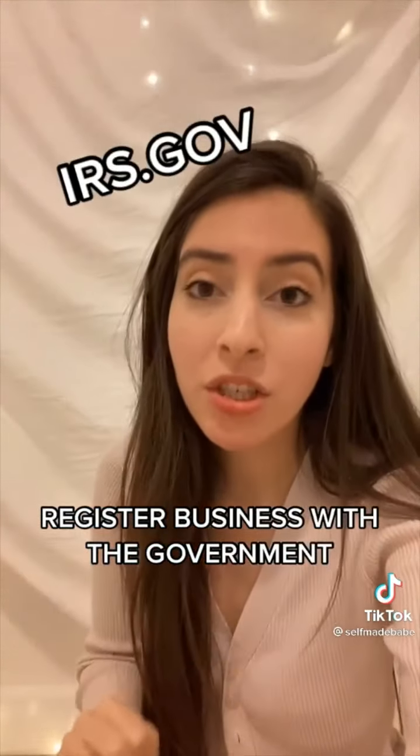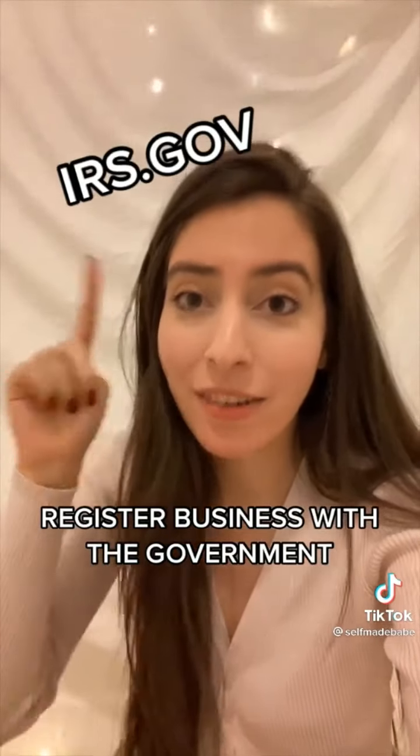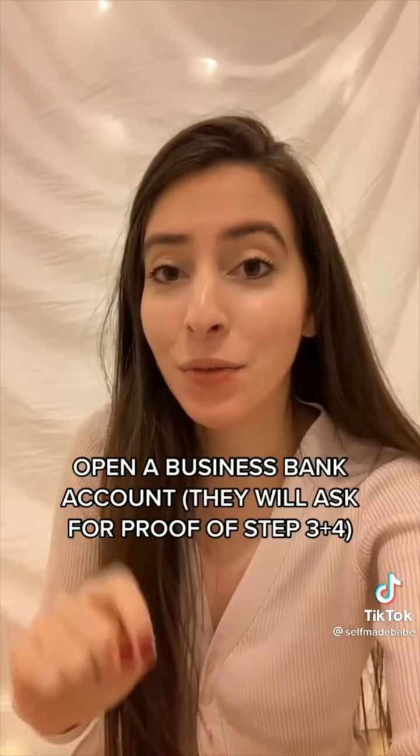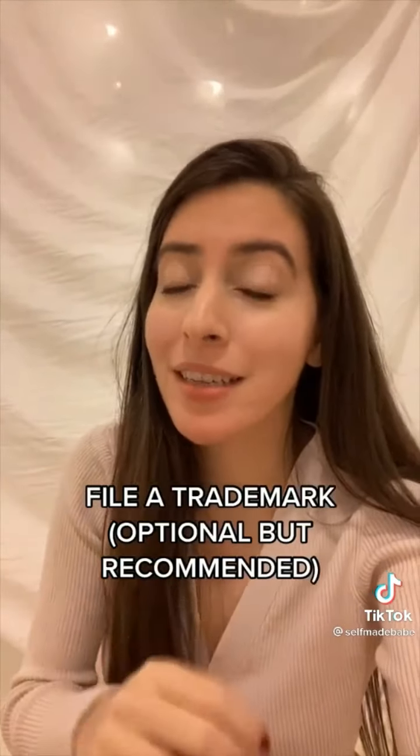Step 4, register with the government at irs.gov. Step 5, open a business bank account because they're going to ask you for step 3 and 4. Step 6, which is optional yet recommended, is to file a trademark. And step 7 is for people who buy from